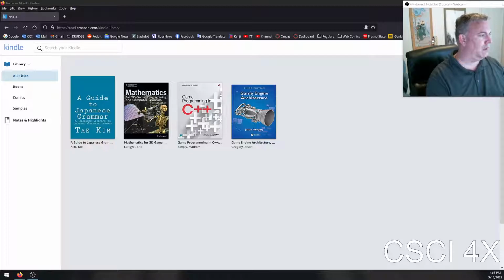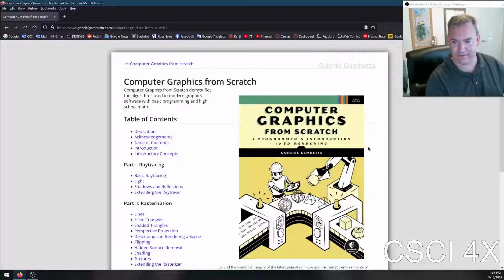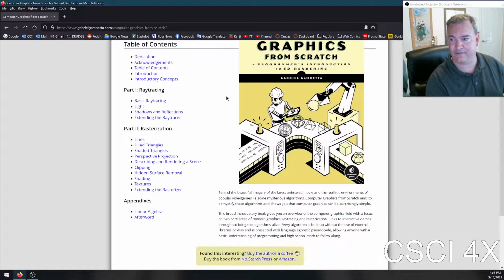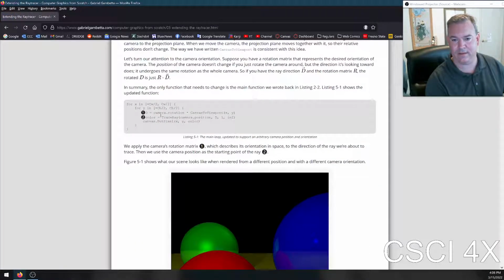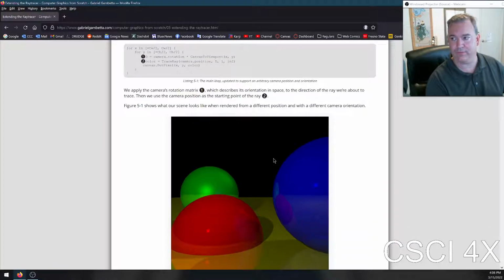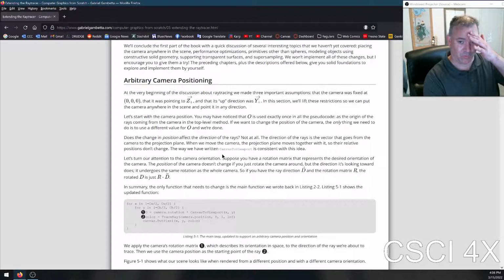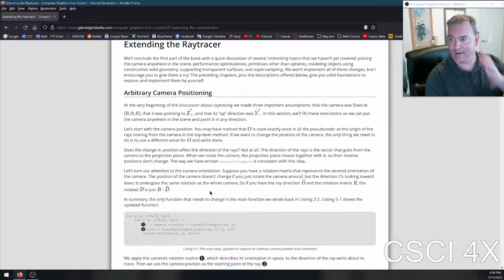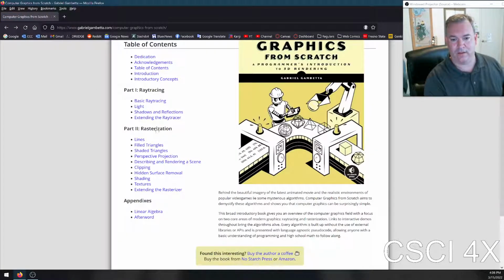First of all, books that I recommend when it comes to game programming and things like that. Probably the easiest introduction is this book here. It's a really excellent book, very easy. It starts you off making a ray tracer and really walks you through it. Chapter 1 covers how to put a camera in the world, how to draw things using a ray tracer, and then it goes through ray tracing, then rasterization, and things like the